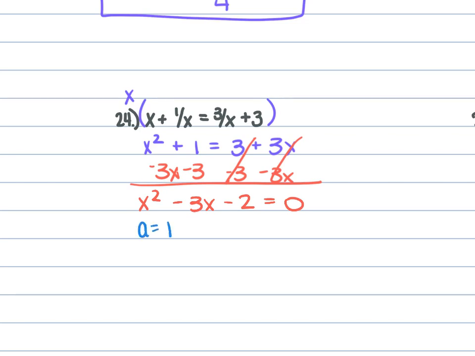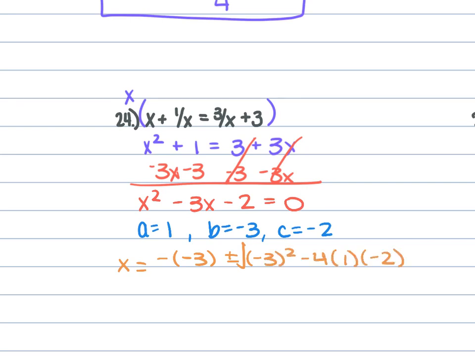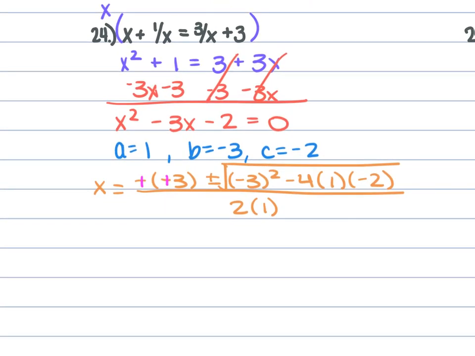So our A is 1, our B is negative 3, and our C is negative 2. So plugging this in, we have x is equal to a negative times negative 3 plus or minus the square root of negative 3 squared minus 4 times 1 times negative 2 all over 2 times 1. Those two negatives in front of the 3 become a positive, so this is going to be x is equal